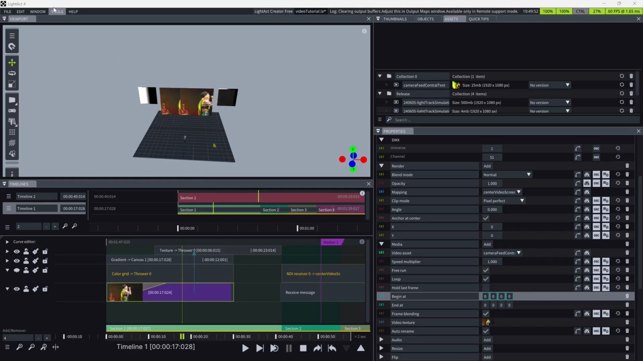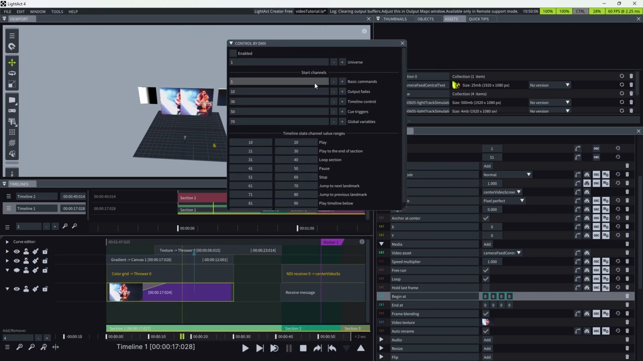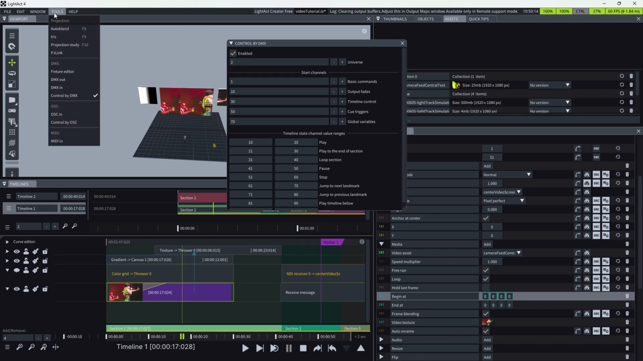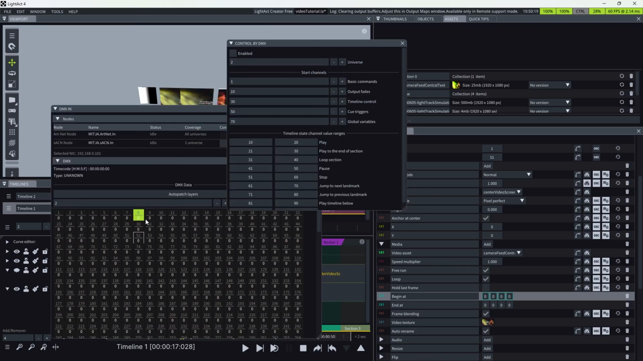Next feature that you'll probably want to explore is called control by DMX. We might rename this in the future, but at the moment it's still called control by DMX. So if you click on it, I'm just going to assign it to universe 2, like so, and I'm going to open the DMX like so. You see that when it's enabled, individual channels get colored with LightAct green color, and you see what